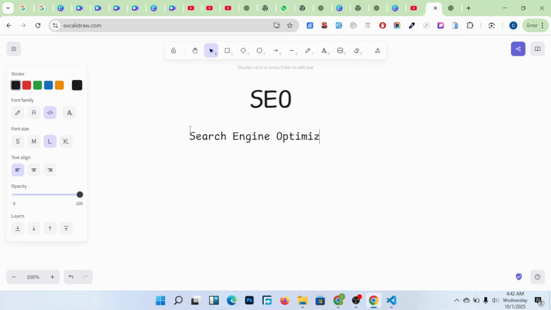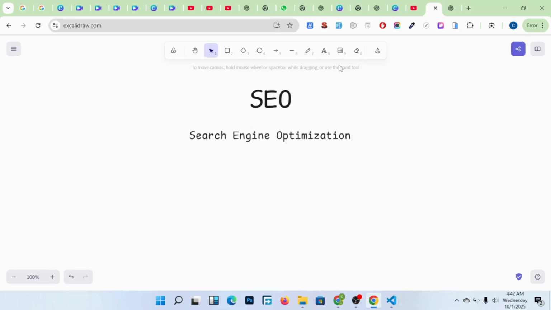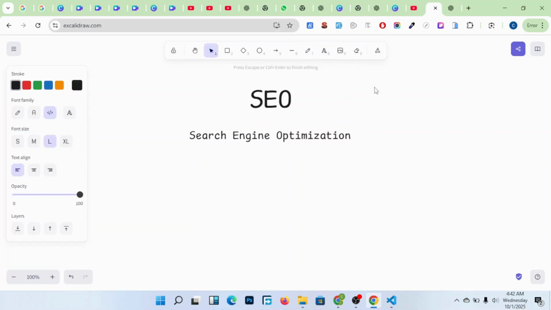Today is day 28, and we are going to look at SEO.